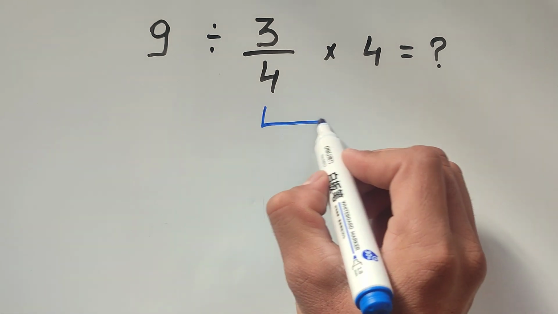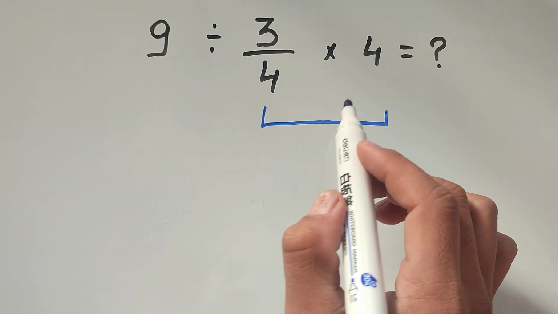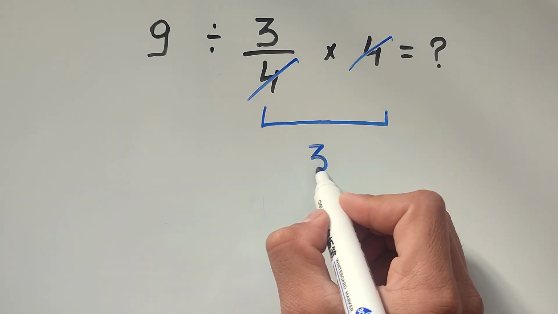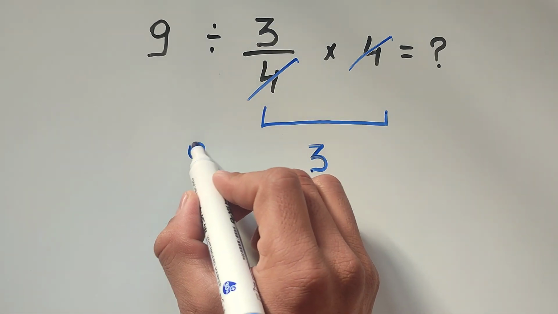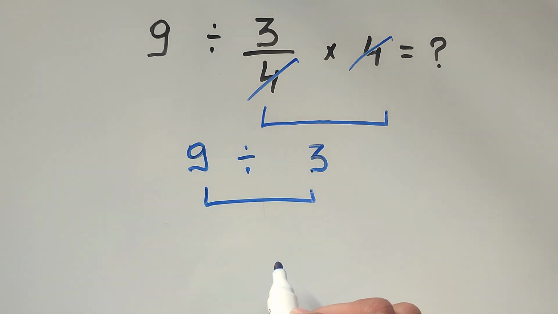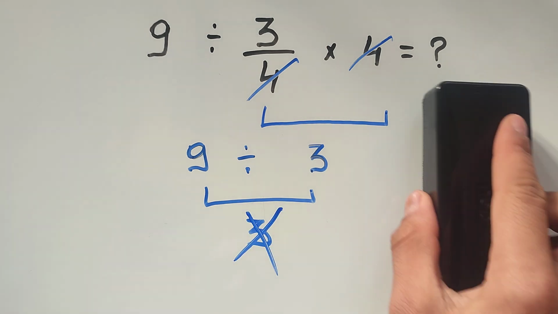First, we have to work this: 9 divided by 3 over 4 times 4. We can easily cancel this 4 and this 4. It equals 3 and 9 divided by 3. It equals 3. But this is not the correct answer because